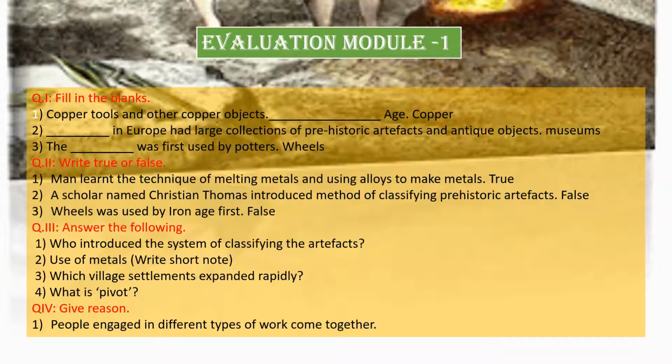Answer: Expansion of village settlements resulted in an increase in production. Due to the increase in production, trade too expanded and there was a need to change the old system of transport. Long distance trade, rapid transport of goods and centers of large scale production are factors that brought together people engaged in different types of work.